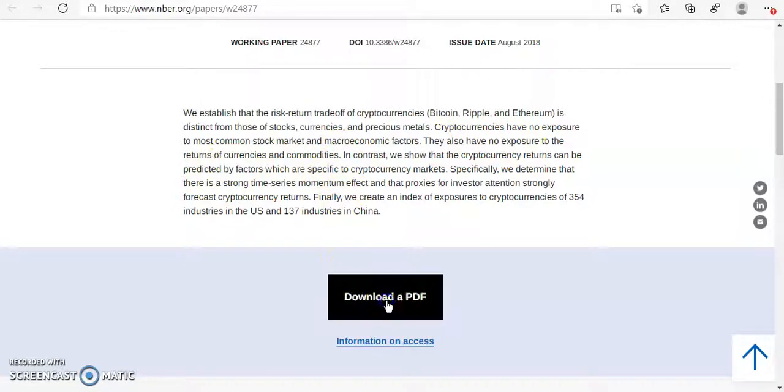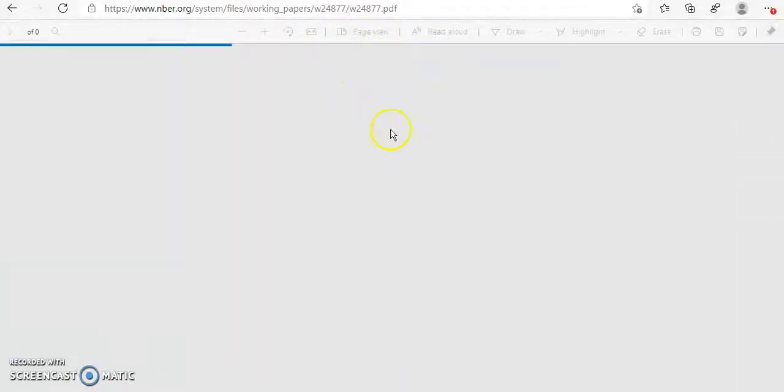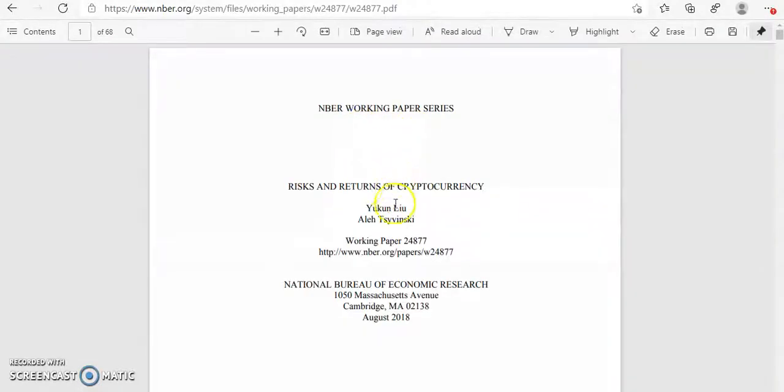So let's try this download PDF option. Now there might be a possibility that certain times the paper is not available due to some reason. But most of the times when PDF is written next to it, it means the paper is available. So now the moment the paper opens up, the researcher's task is, so this is the whole paper, which is of 68 pages.